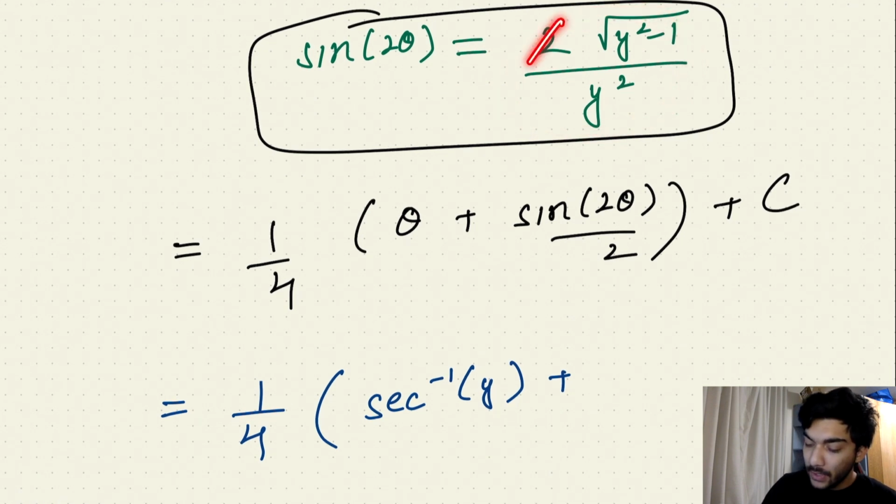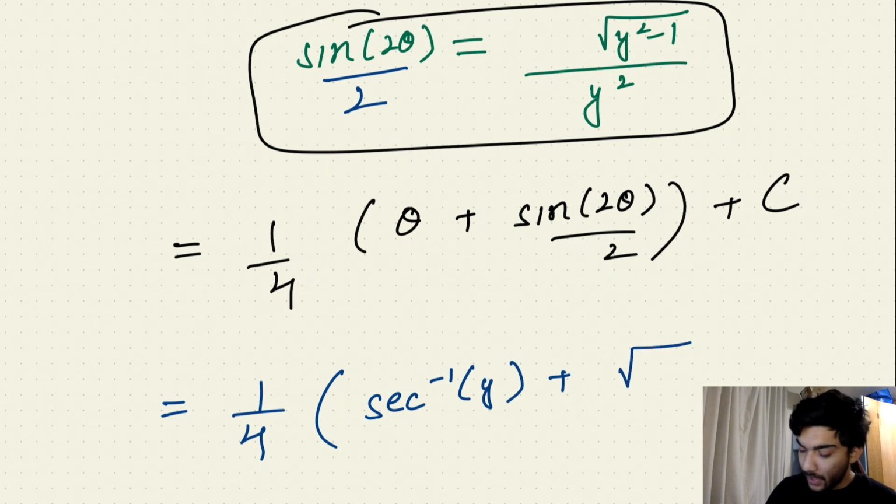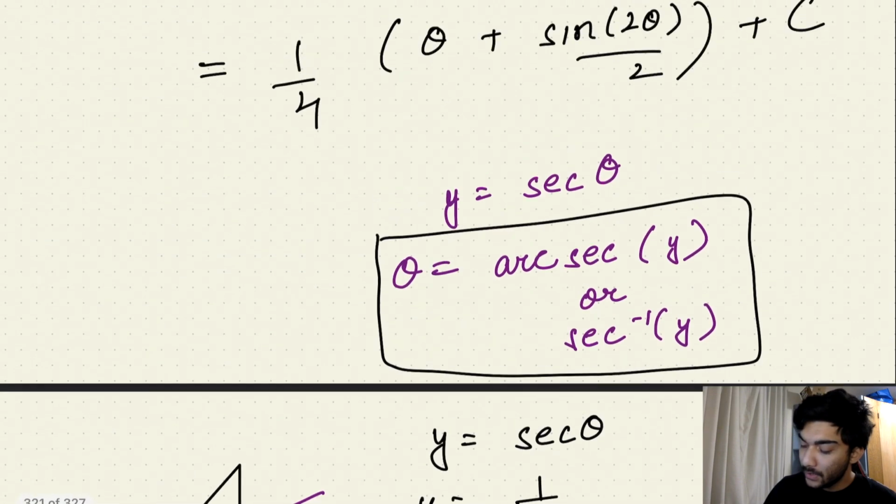So sine 2 theta by 2 would be half of this expression, so we can get rid of the 2. Because if you take this 2 to the other side, you'll get sine 2 theta by 2, which would be equal to this expression over here, right? So sine 2 theta by 2 is root y square minus 1 upon y square